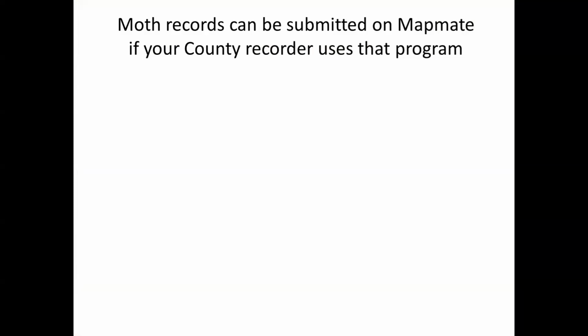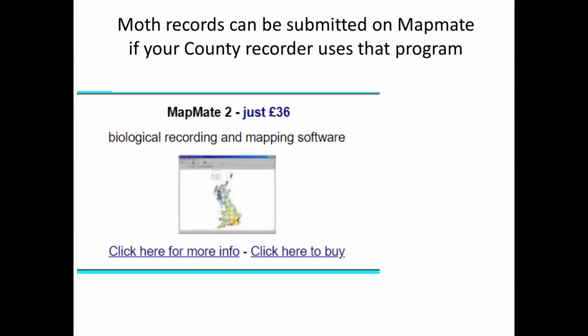So a lot of moth recorders used in the old days, before some of the more modern software got started, to use a program called MapMate, which is very good. And if you want to, you can get MapMate, but as you'll spot in this little flyer that they send out, MapMate 2, it's been updated, it's been made better and better, but it costs £36. Now you might say, well, that's not much, is it? £36, I'm going to use it for the rest of my life. And I agree, £36 isn't much for something you're going to use for the rest of your life, but